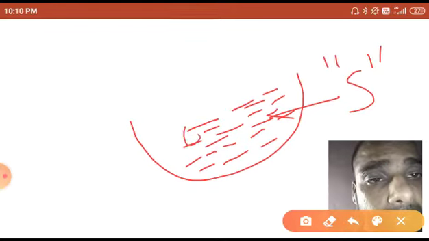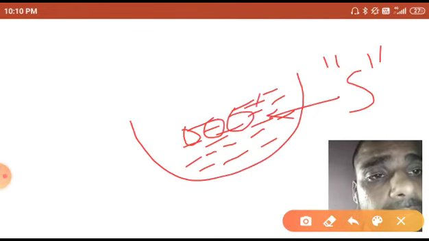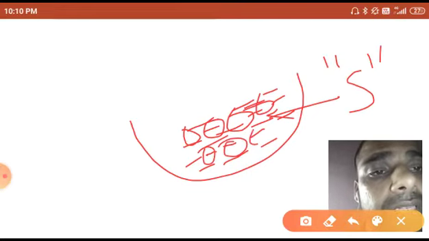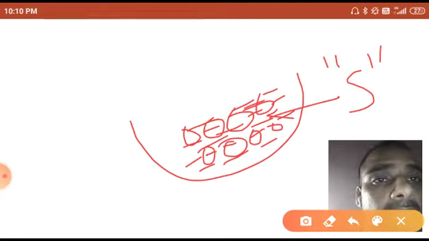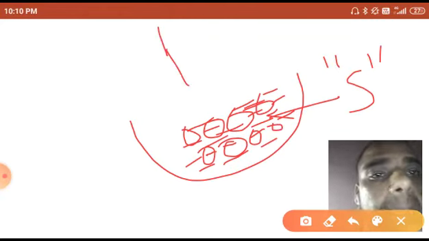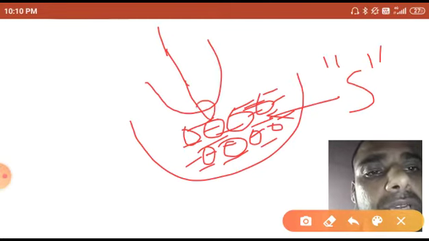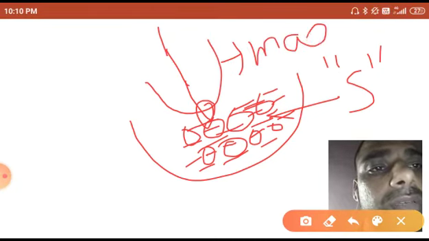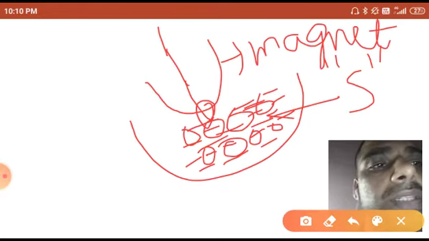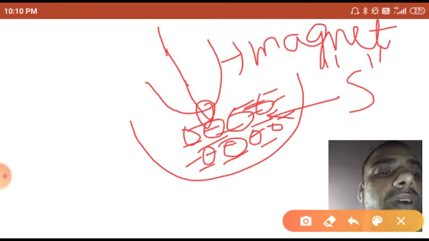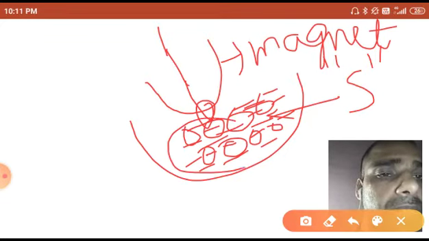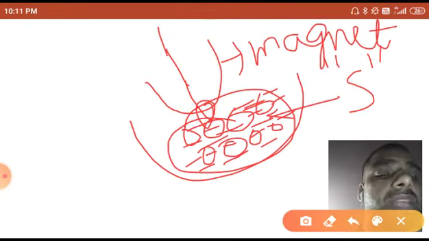And here I am taking, in a circle, a magnetic material. With the help of a thread, I will bind this U-shaped magnet. This one is a U-shaped magnet. Dear students, with the help of a thread I will bind it tight. I will suspend this magnet into this mixture. What will you find from that?